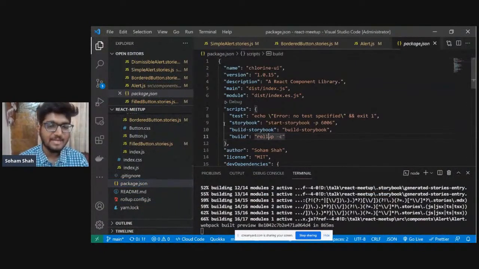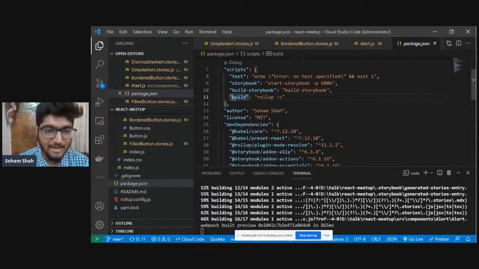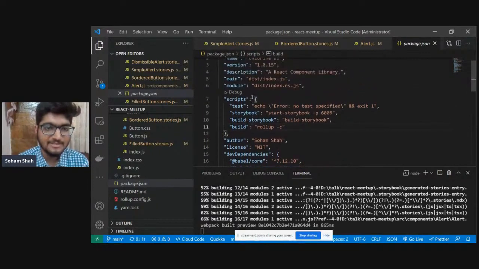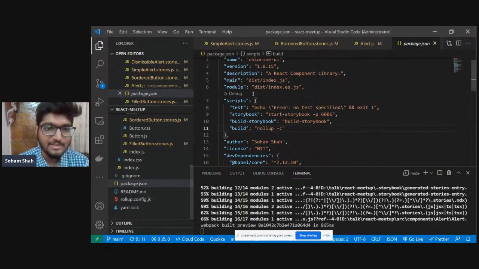Whenever we are building our bundle, we are using this build command, which is defined in the scripts of the Rollup. Also, we have these two things, main and module. So what are these? I'm quickly explaining.